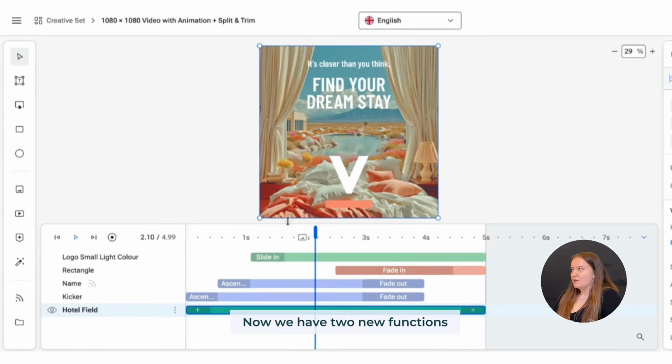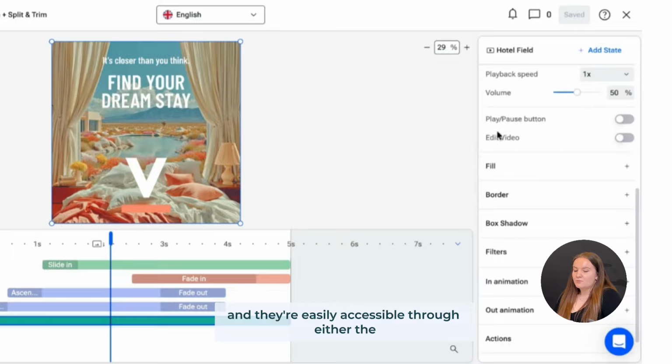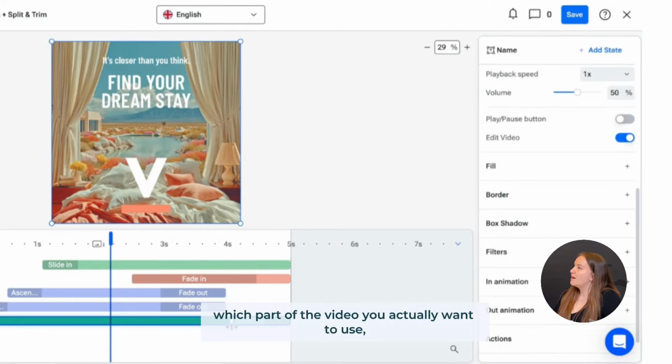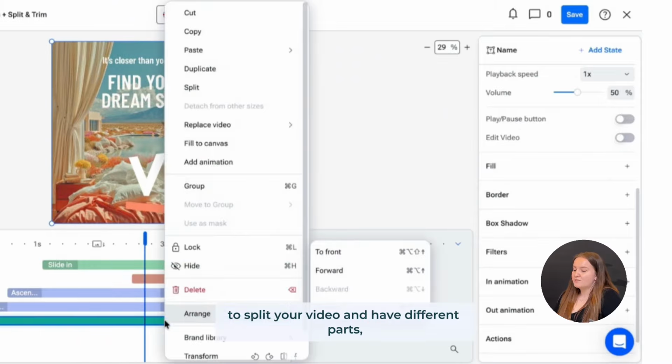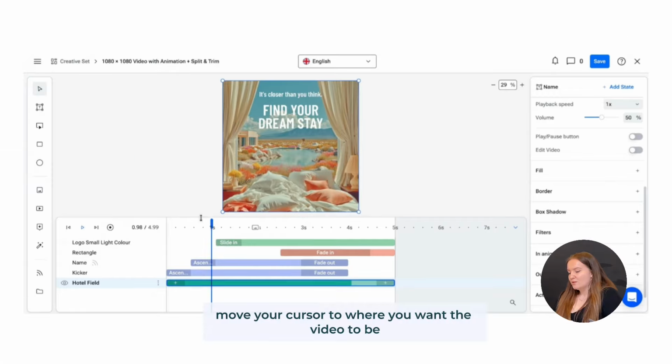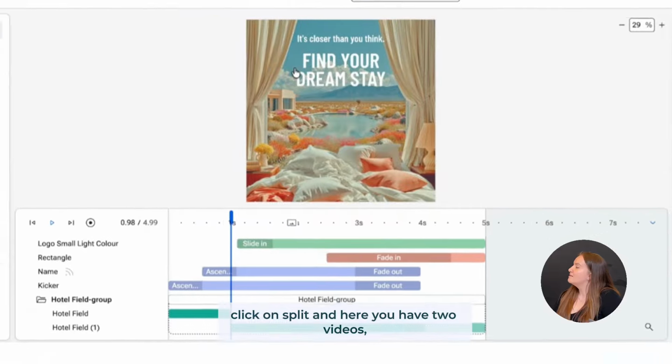Now we have two new functions. They're called split and trim, and they're easily accessible through the panel on the right, where you can edit the video and trim which part of the video you actually want to use. Or you can specify where exactly you want to split your video and have different parts. Move your cursor to where you want the video to be split, right click on split,